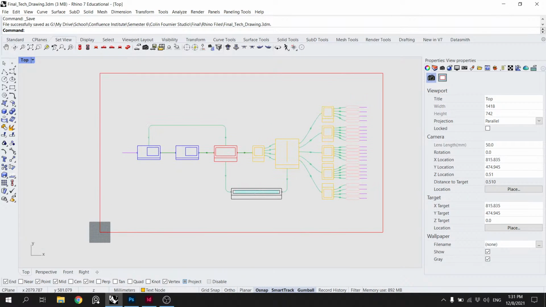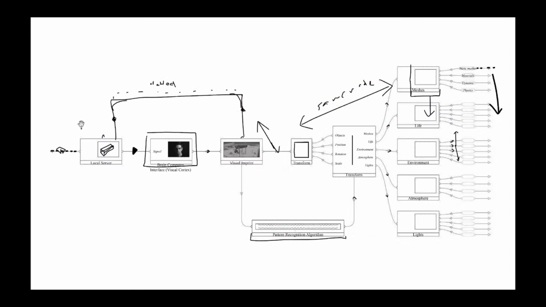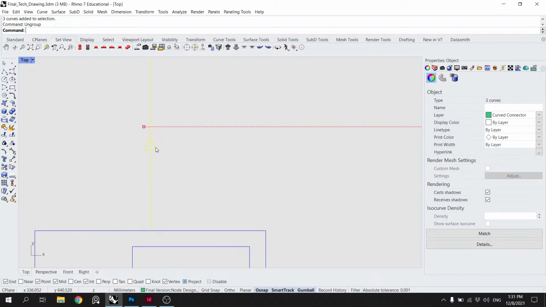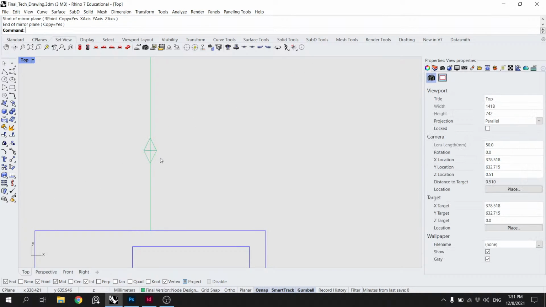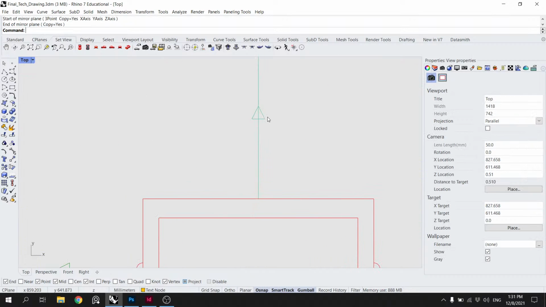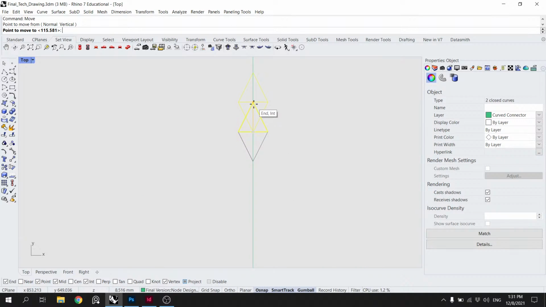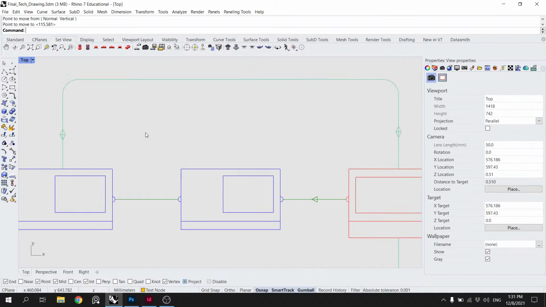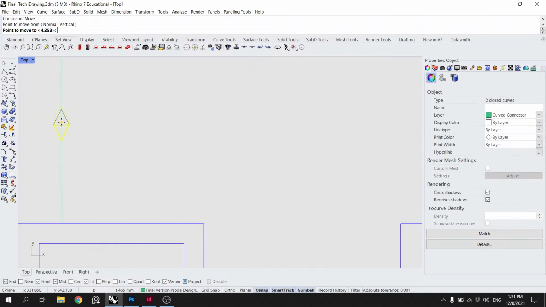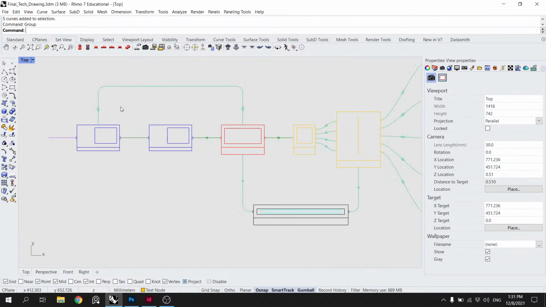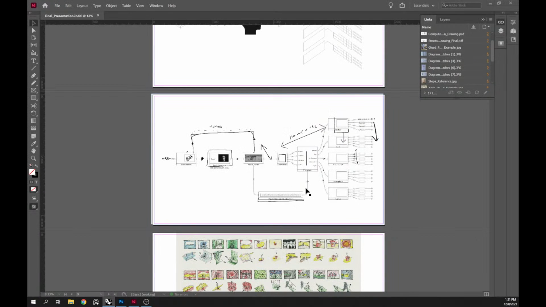Alright. What else? That'll become dotted with the 2 arrows. Oh, we need double arrows. So what we do is we mirror. Yeah, we just group that. Okay.